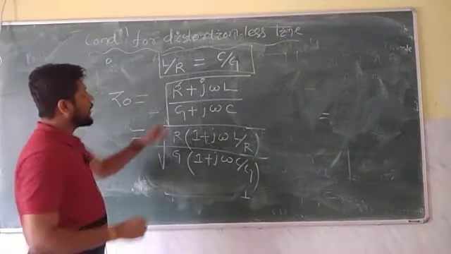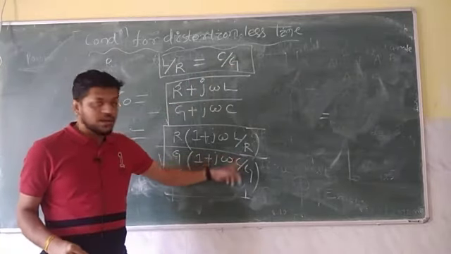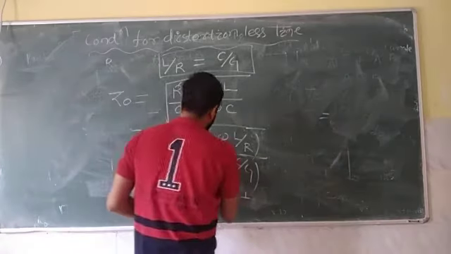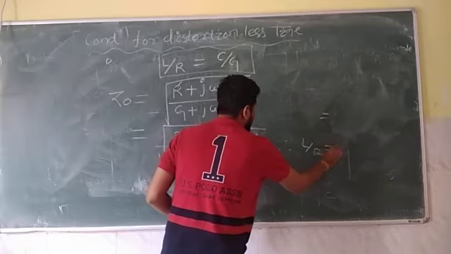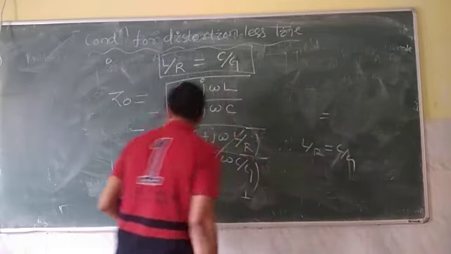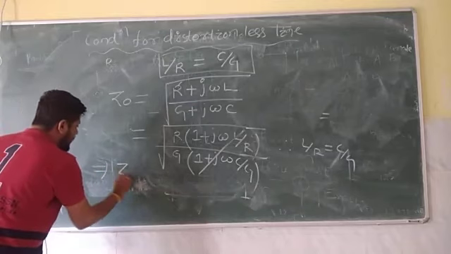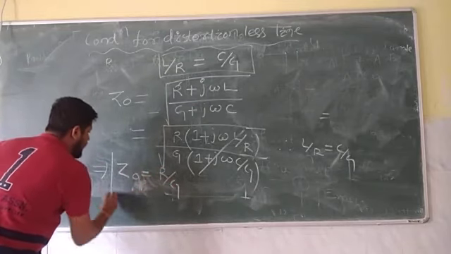So now I can put L by R is equal to C by G. So L by R and C by G are equal, hence both the numerators are equal. So this is going to cancel out, since L by R is equal to C by G. So what will be remaining? R by G. So your characteristic impedance Z0 is equal to root over R by G in case of